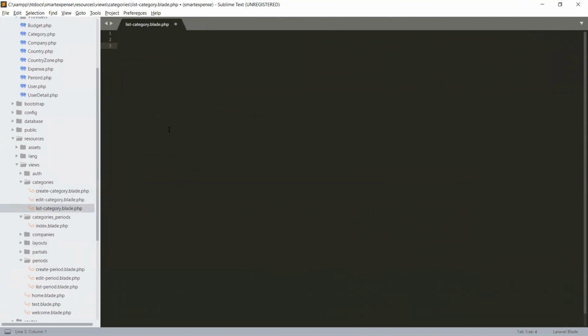Okay, here is the list category, and we will use a subline method to create the layout. So already you have seen it. So we require a class colon small 6